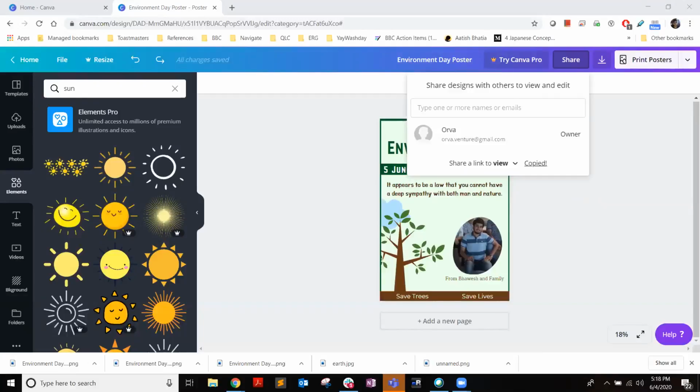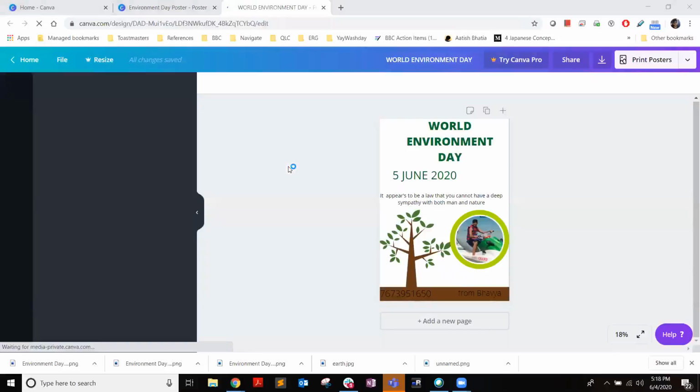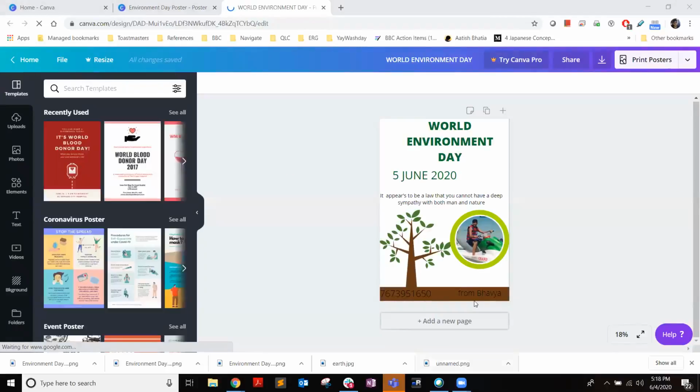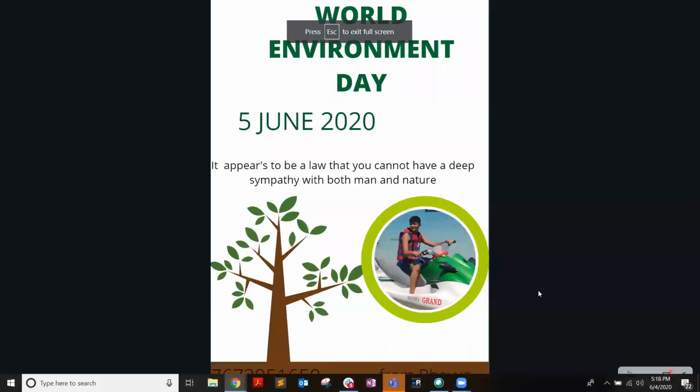Sir, I've sent you on Zoom. Okay, I received the link from Bhavya. Let's see what Bhavya had designed. See, this is what Bhavya had designed. I see his poster. This also looks amazing. I have a few suggestions on the font, if everyone can see. This is not center aligned, Bhavya. So as a next step, you can center align this